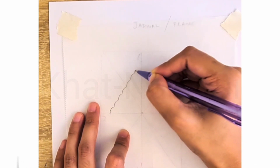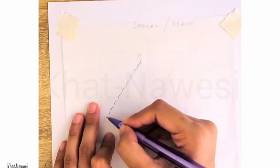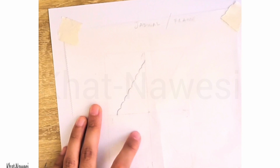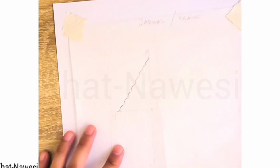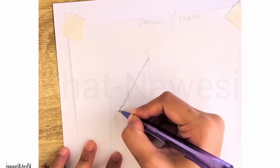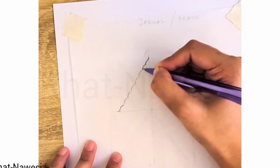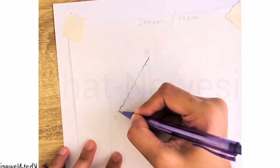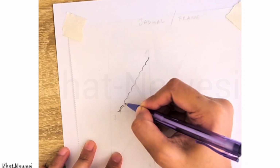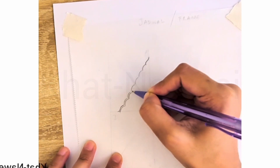If you want your upper half and the lower half to be different, then you can use 1 by 2 replication. I am drawing a medallion pattern here, the framework for a medallion pattern. So I'm using a quarter section. In this framework, these bumps must be equal, and I'm using the reference line which I have drawn on my paper, the slanted line, for drawing this